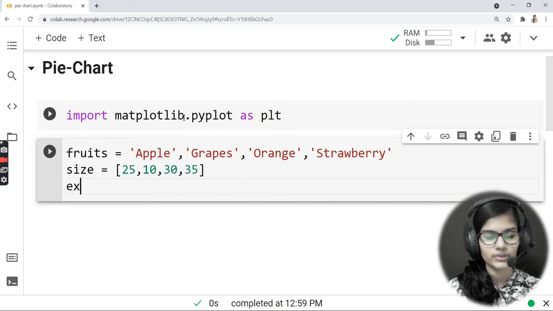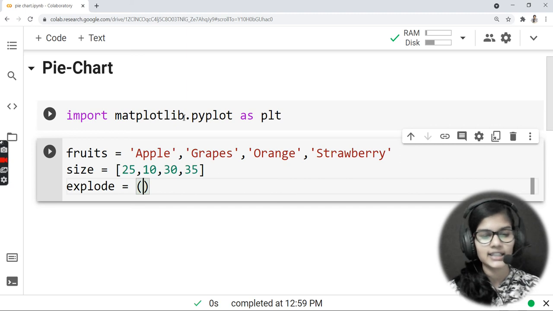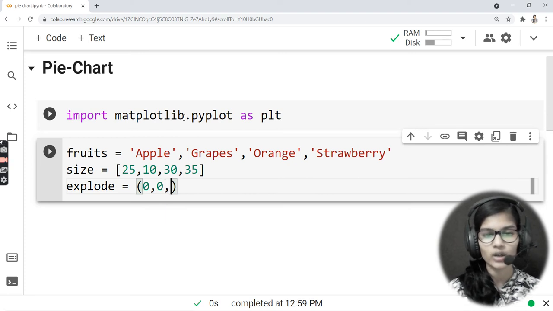Right, now we are just going to use this. So I'm just taking a variable that is explode here, and inside that I'll be writing that I do not want to explode the 25%. I do not want to explode the 10%. Let's say I want this 30%, that is my orange, to come a little bit outside, right? So in that case, I'd be writing the percent that how much I want.